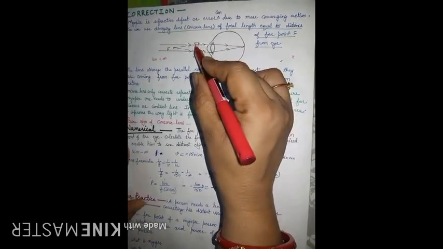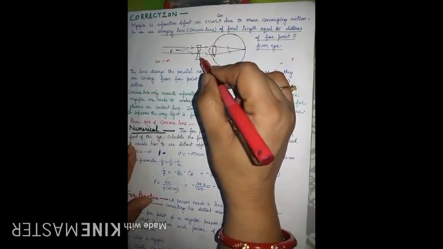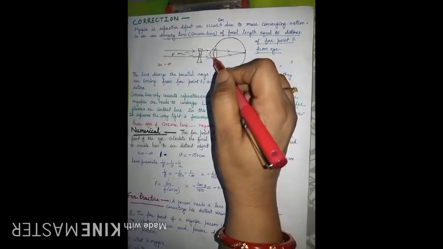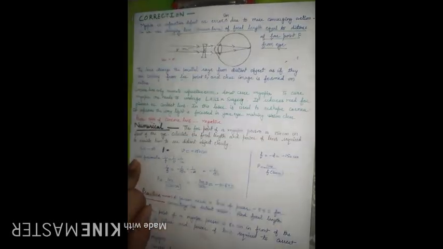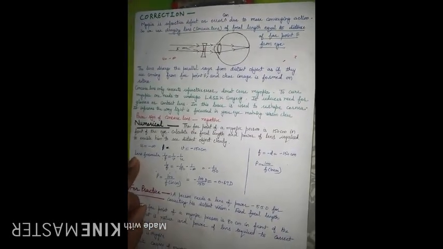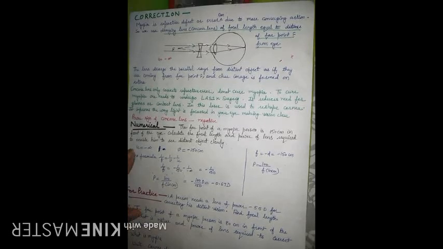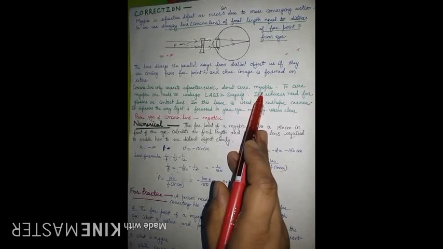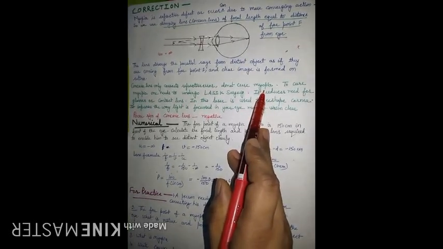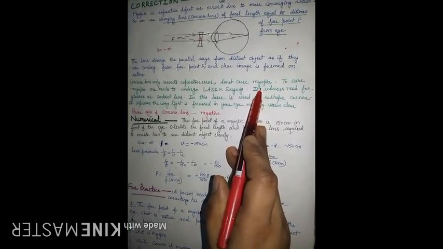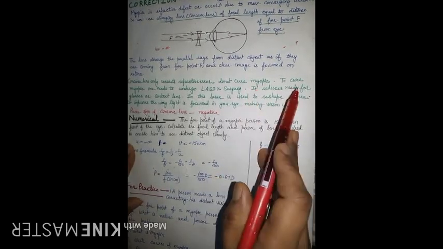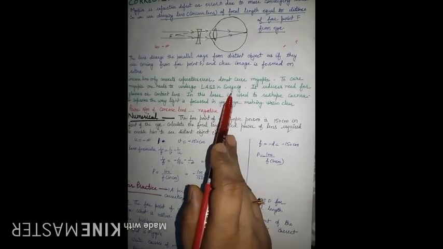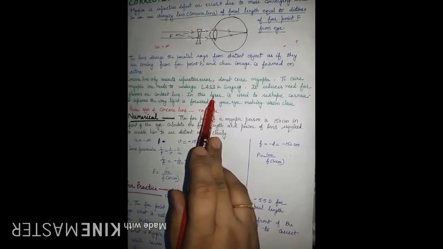So by using concave lens, we are correcting the defect. We are not actually going to cure the defect or cure the disease. Concave lens only corrects refractive error. It is not going to cure myopia. If you want to cure myopia, then you have to do something inside the eye. For this, you have to go for surgery, that is LASIK surgery, where you make use of laser.